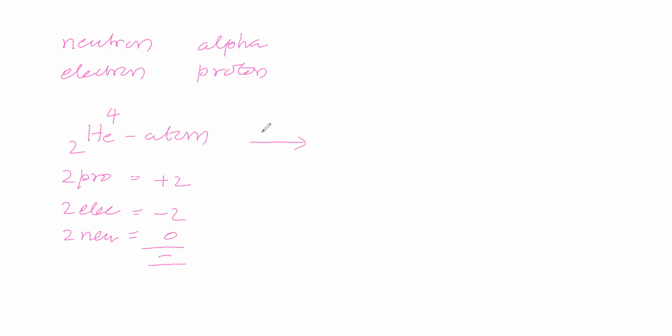Let us remove 2 electrons from the helium atom. The result has 2 protons, 0 electrons, and 2 neutrons. Net charge is plus 2. So helium has plus 2 charge. It is called an alpha particle. An alpha particle is a dipositive helium ion. Now you say, alpha particle possesses only